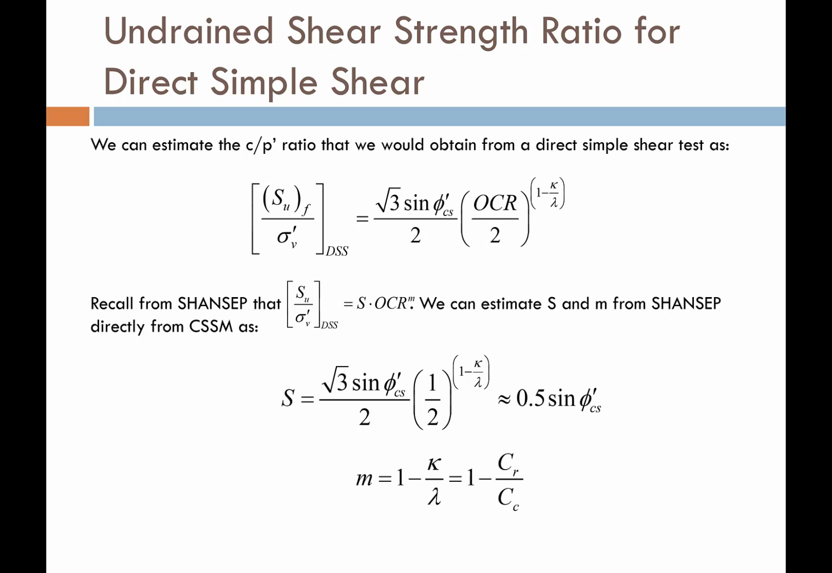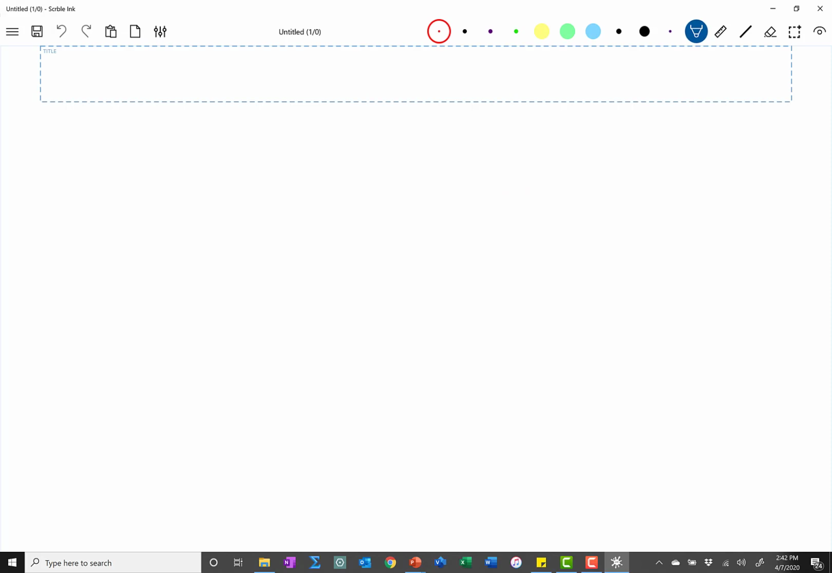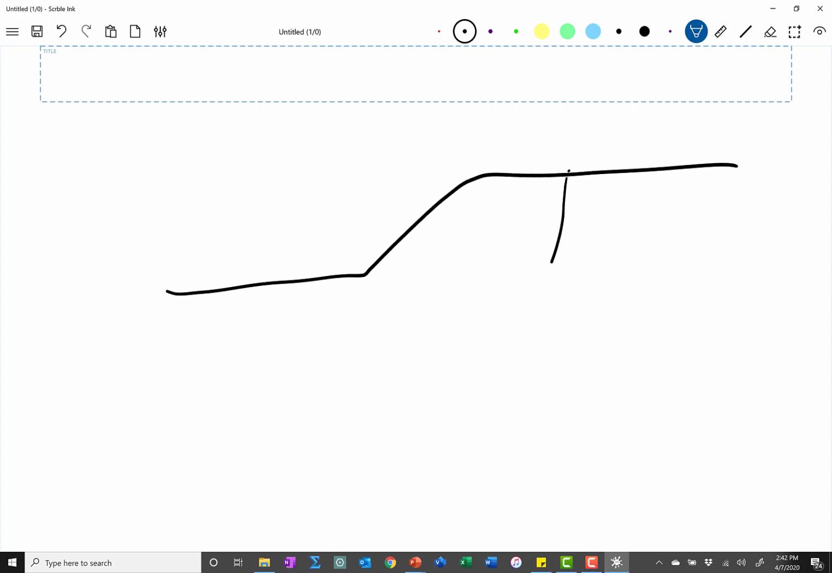So that previous strength ratio, that previous C over P ratio, was the C over P ratio for axial compression. What if I wanted the C over P ratio for direct simple shear? You'll recall, let me open up a whiteboard here. I'll get to a new page. You'll recall that if I have a slope and I have a shear failure through that slope,